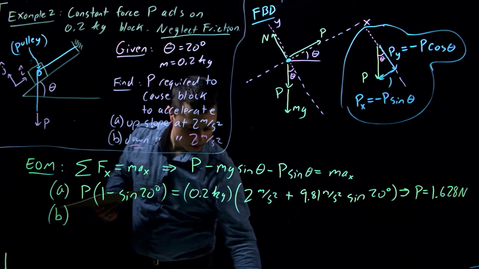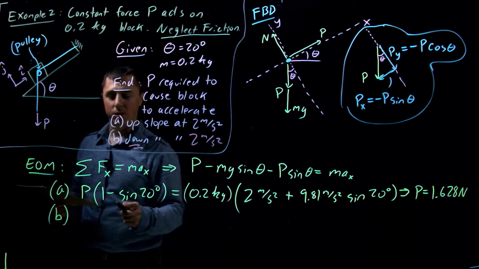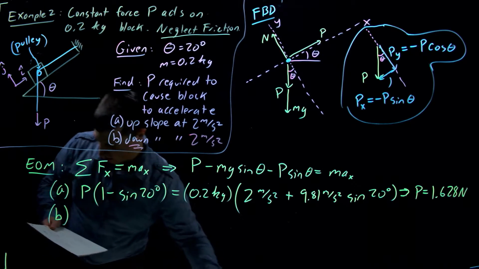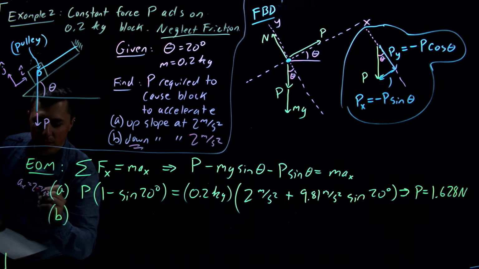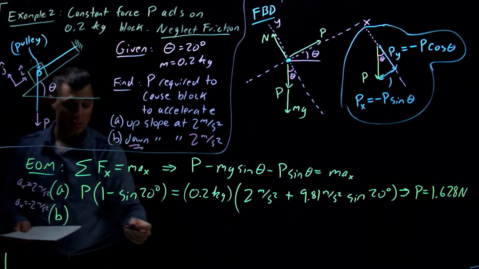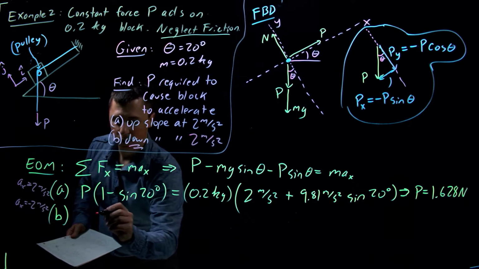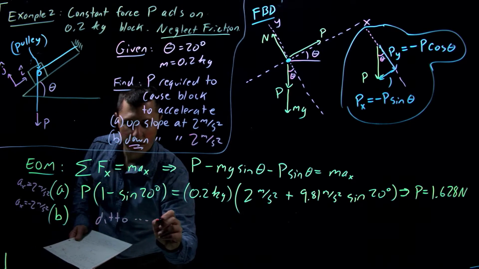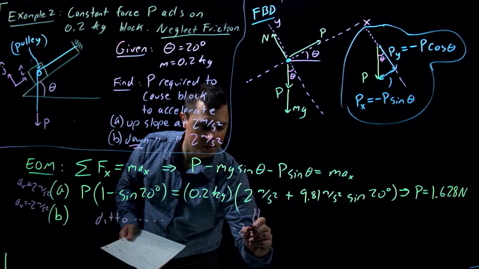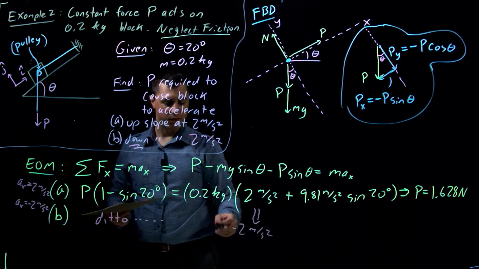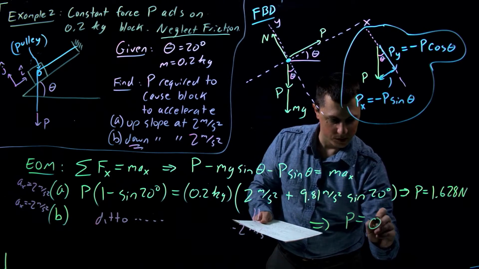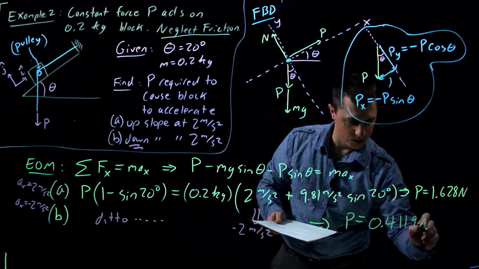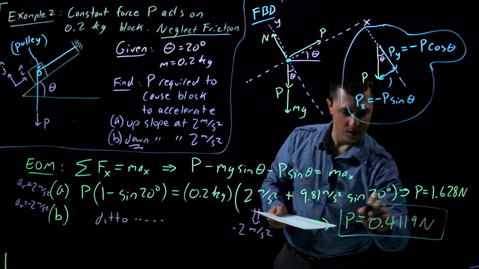It shows down. So what we need to impose here is a negative. So for this first one here, we're imposing a_x equals positive 2 meters per second squared. And now for this part B, we need a negative 2 meters per second squared. So all that's going to change in our calculation is, ditto here, except this is now a negative 2 meters per second squared. Other than that, the same exact calculation, right? And we find an applied force of 0.4119 newtons,